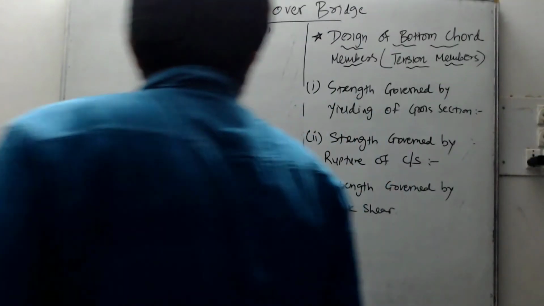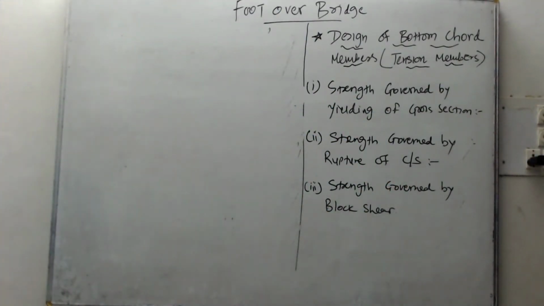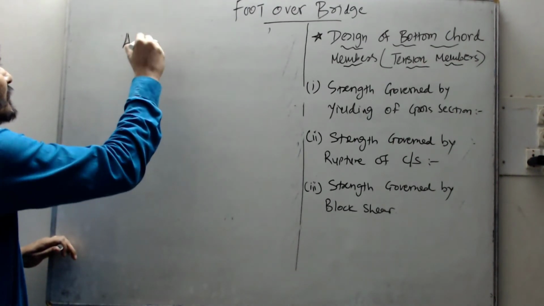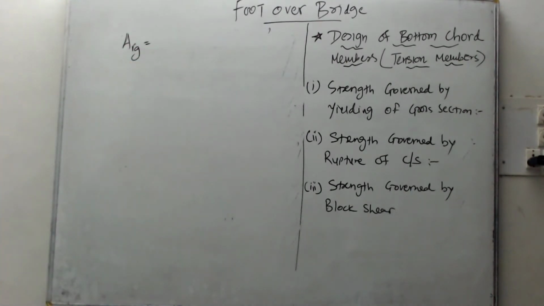Okay, so first we are going to find out the value of Avg. The notations are given in the code, so you can refer to the code. I am not going into much detail about the meaning of this. I am just showing you the method of how to find this. So you need to refer to the figure that I have drawn previously here, right? So Avg is equal to, okay, I need to draw the figure for the bolted connection. So let us draw the figure of the bolted connection for this.